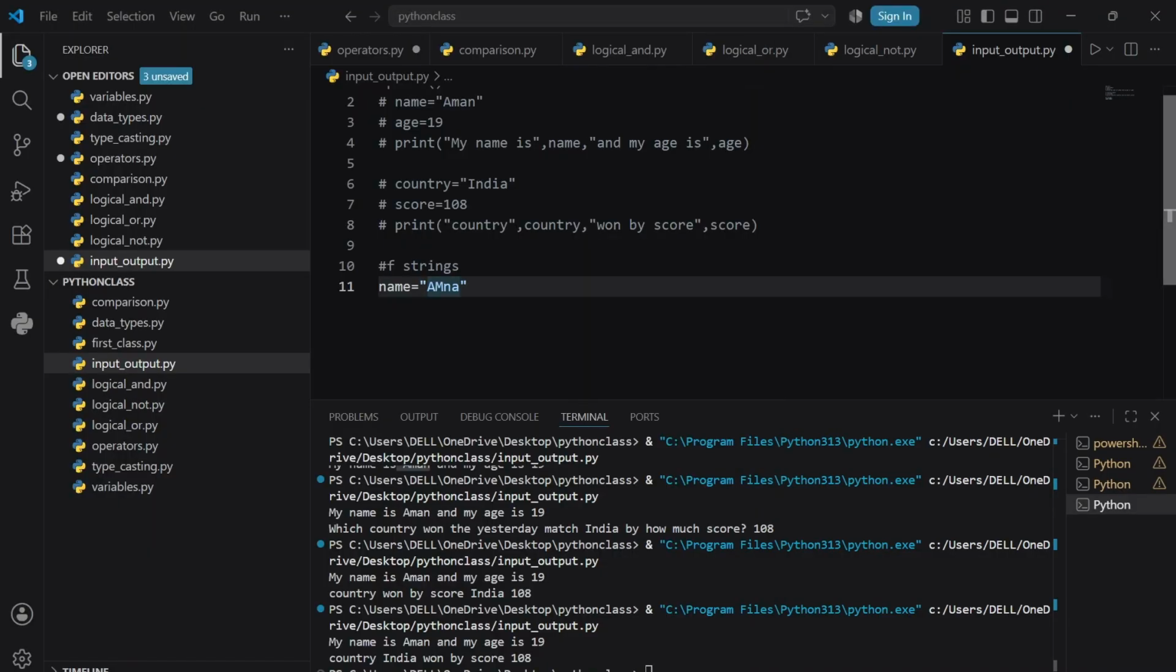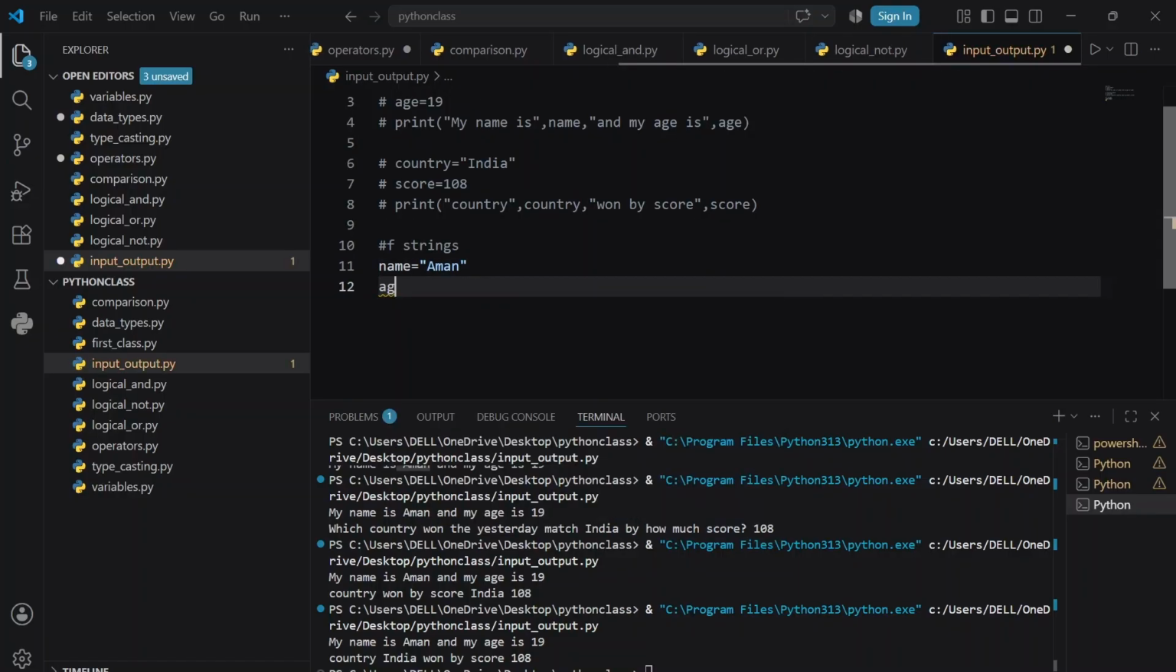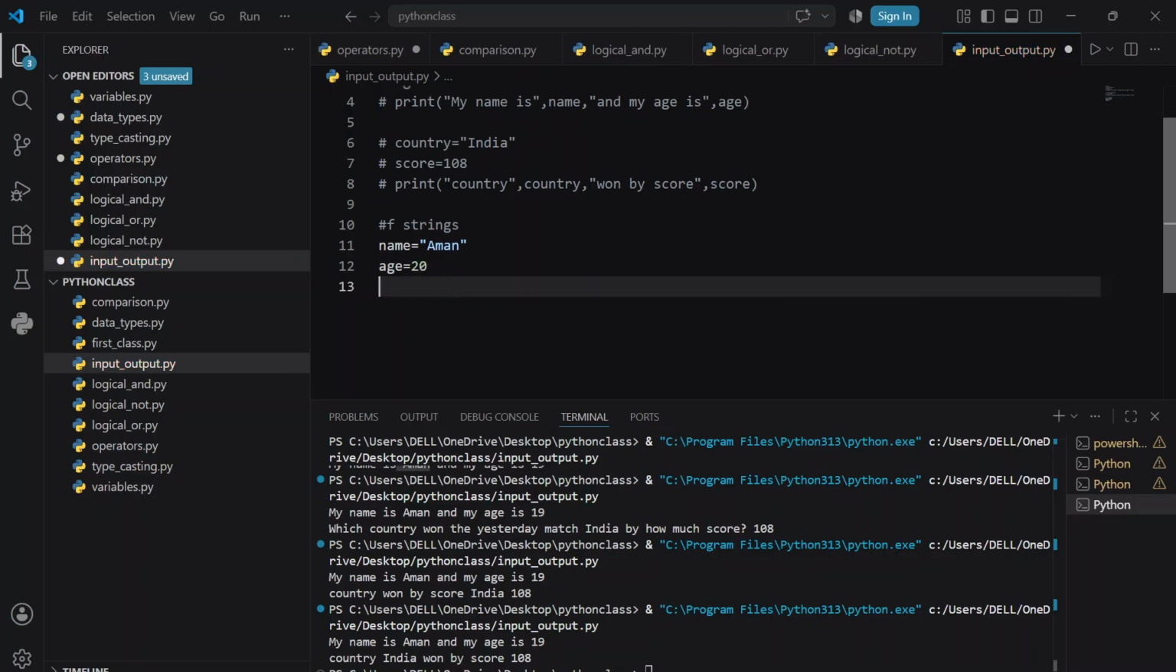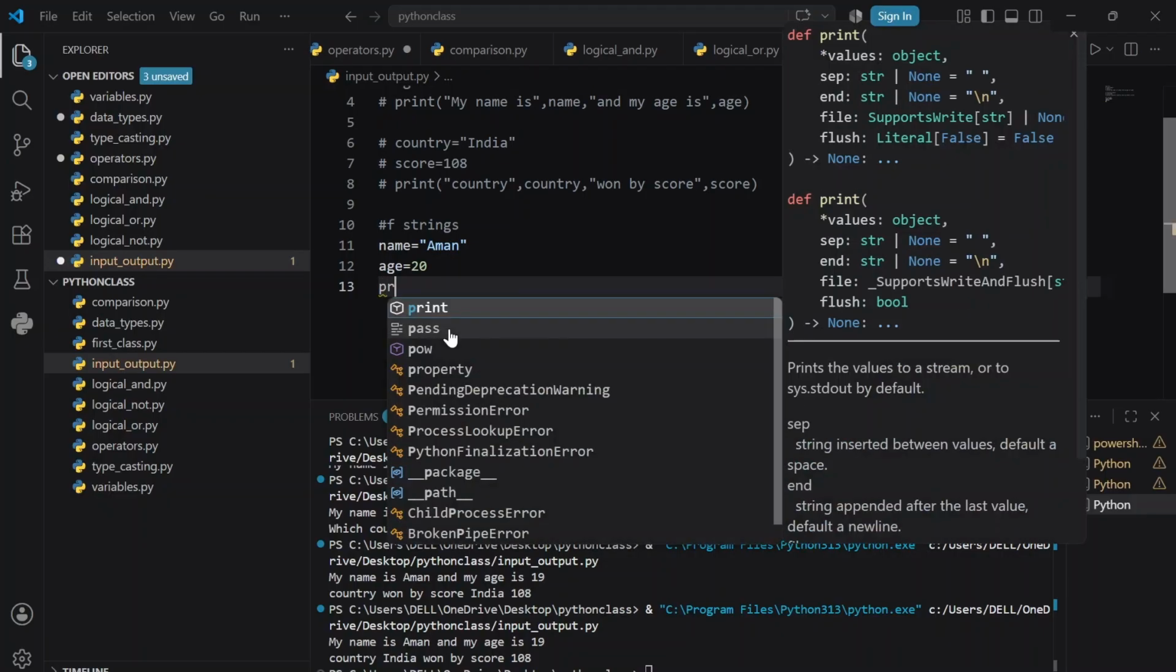So again the same thing I'm going to do. I'm going to take the variable which is name, and the value is Aman. Age is equal to 20. Now the same thing I'm going to do, but with a different approach. Print